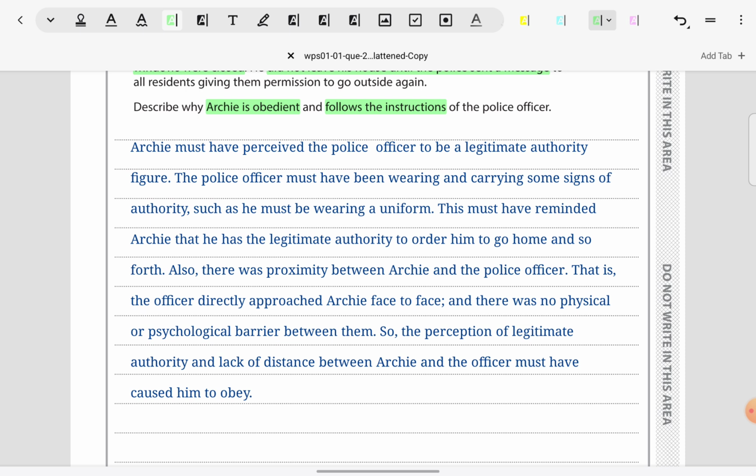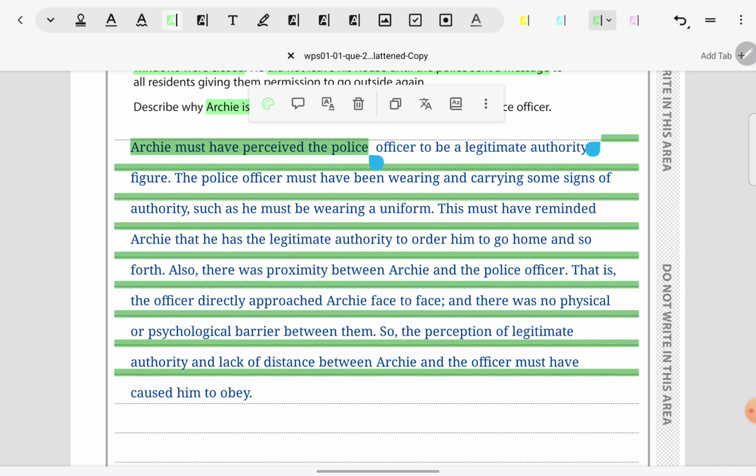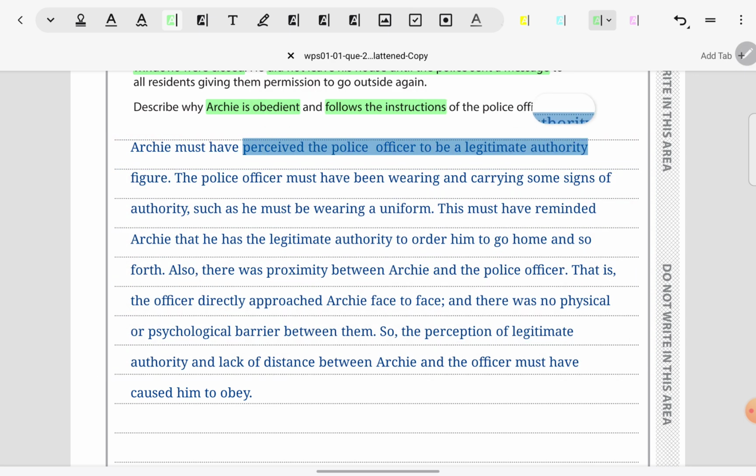But like I said, why they're not specifying, if you want you could just take up one and elaborate more on that. As of now, I have given 2 reasons why Archie might be obeying, and of course I have elaborated, because without depth we are not getting marks. But after this answer, I will explain to you how you could take only 1 point also and just cover that for 4 marks. So the first reason I've given is that the police officer is perceived to be legitimate